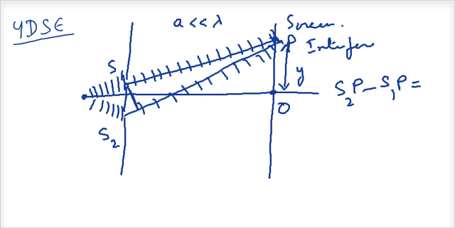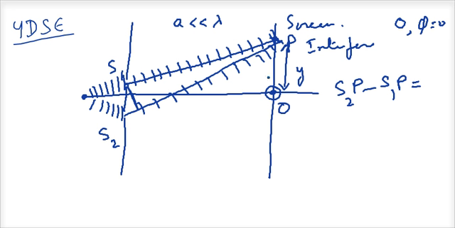There is a difference in path. At the center of the screen there is no difference in path. If there is no difference in path, the path difference is 0, so the phase difference is 0. So you get an intensity maximum. So at the center you get a maximum, and as you move away at different points, depending on the location of that point, the y coordinate, you will get a different intensity depending on whether it is multiple of lambda or not. If it's a multiple of lambda, you get a constructive interference. If it's not a multiple of lambda, the intensity will change accordingly.